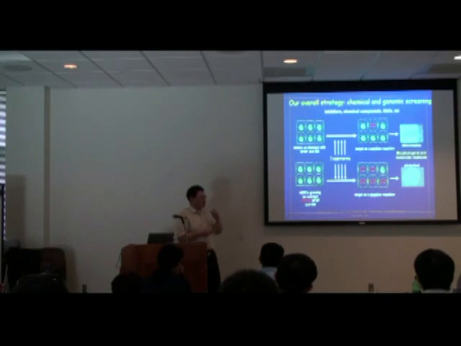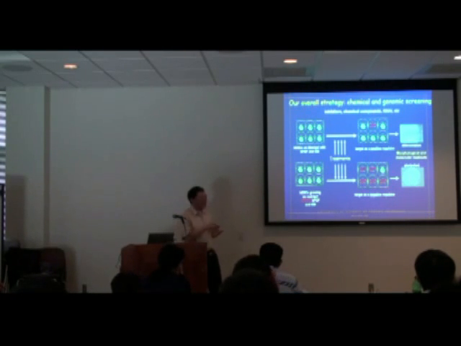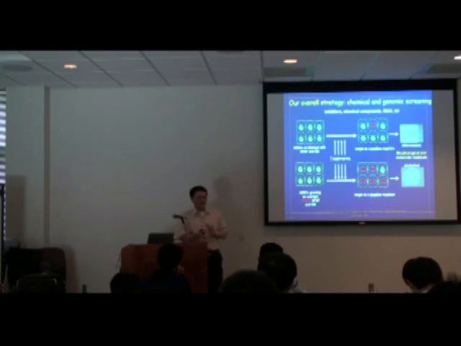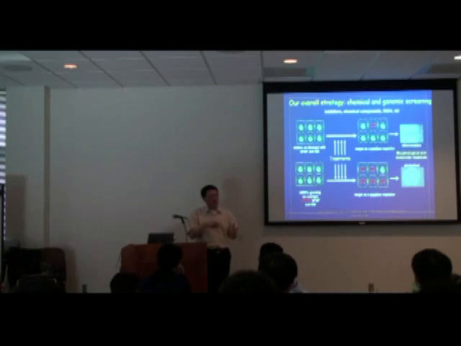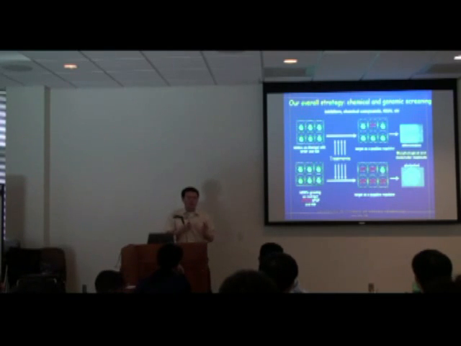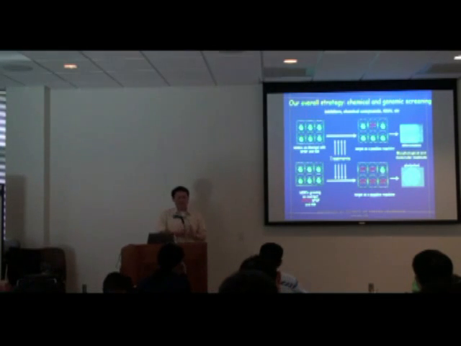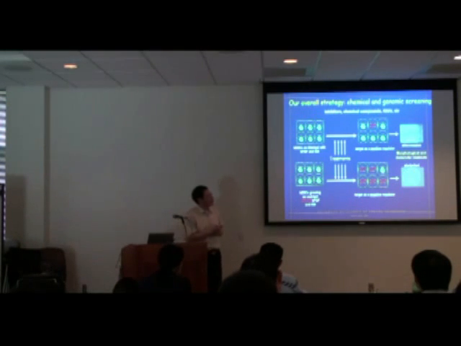So you can do the reverse screen. That is, you grow these cells on Matrigel without basic FGF and conditioned medium so that the cells will differentiate, right? And you can put the same treatment here, and you're looking for the one that could reverse this process. So whatever the target of this compound is, it is a negative regulator. If you take away the negative regulator, cells would show delayed differentiation. So by doing this sort of forward and reverse screen, we were hoping a few years ago to identify some key components that regulate pluripotency of human ESCs. So this is the general strategy.